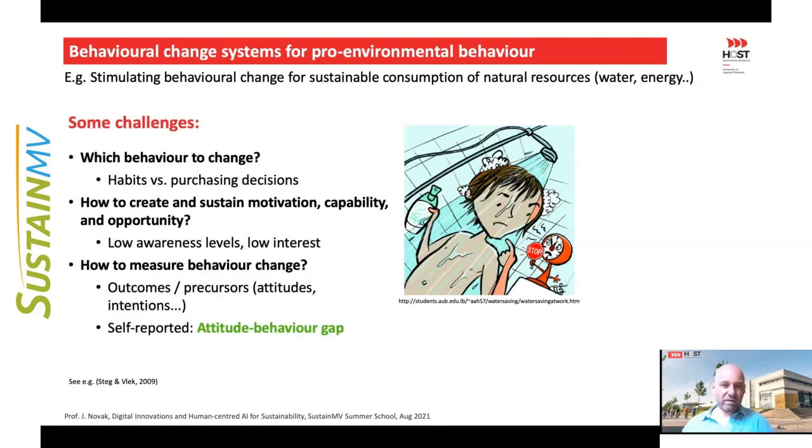Are we talking about everyday habits, such as when we take a shower, how much water we consume, or how do we use our washing machine, or are we talking about purchasing decisions? So this also needs to be distinguished, because different types of these things, purchasing decisions versus washing habits, require different